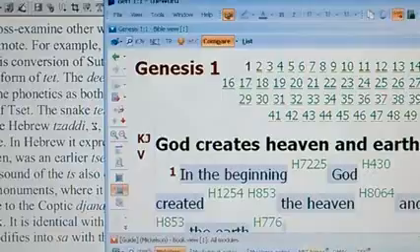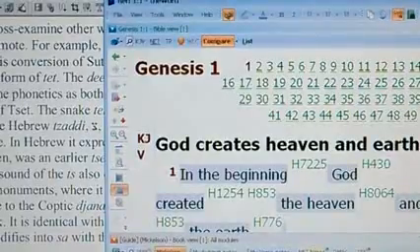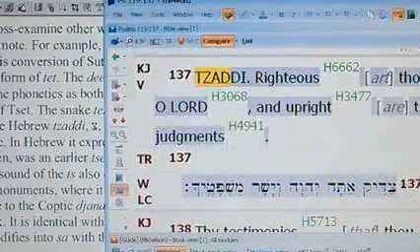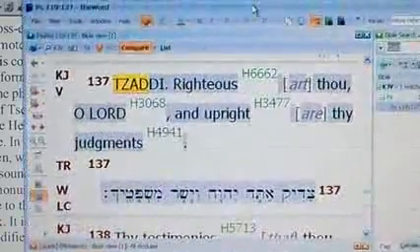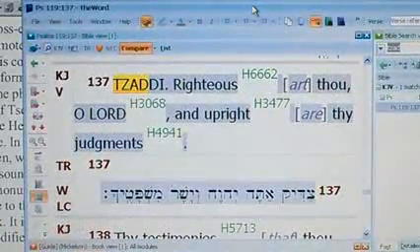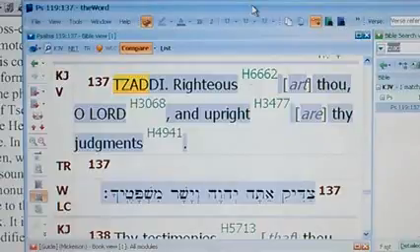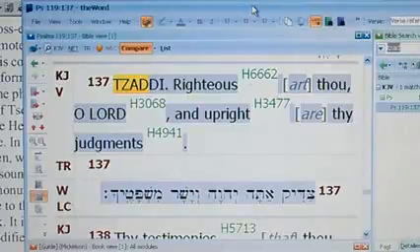Okay, here we go. Verse 137. So 119, 137, and the letter Tzaddi, or Tzadik. Some say the letter should really be called Tzadik. But in the King James Bible, you'll find it